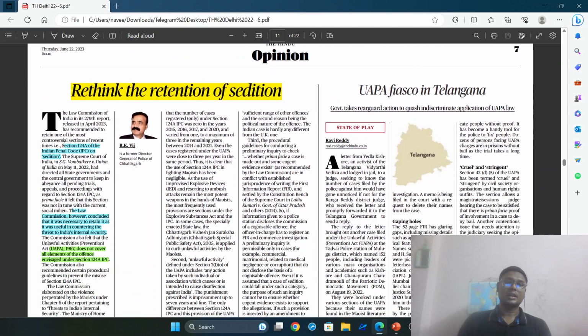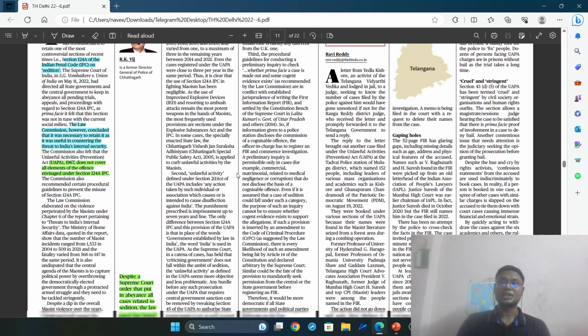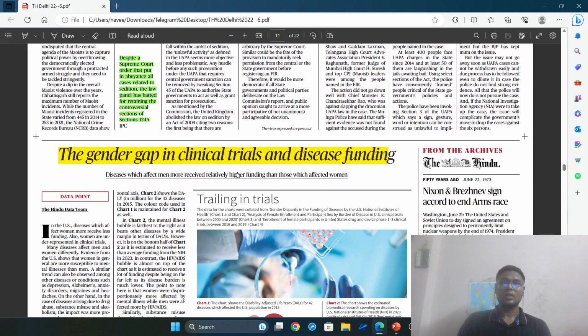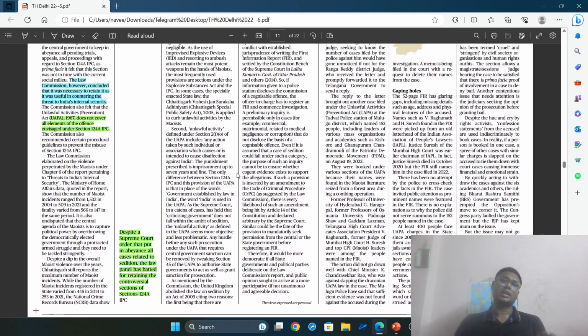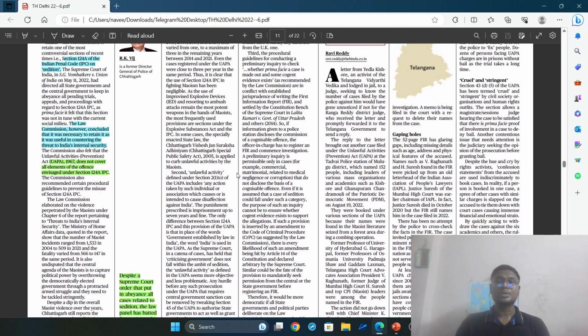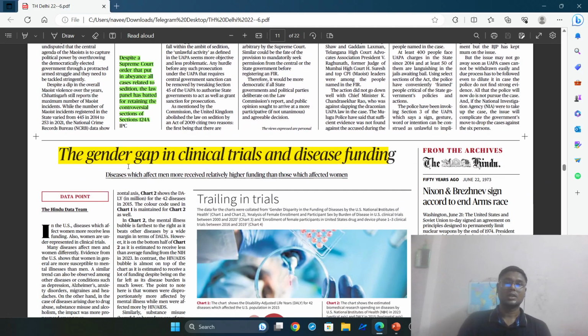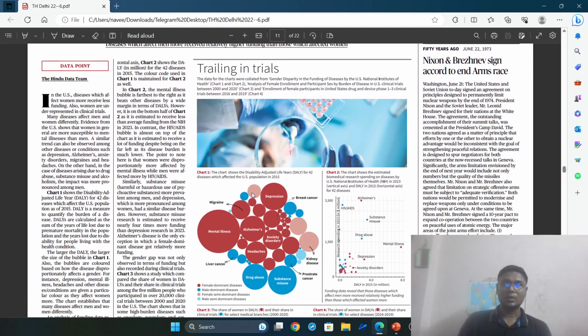And another article is "Rethink the retention of sedition." We have in the IPC Section 124A regarding sedition. We will look into this article regarding the important provisions and important judgments of the Supreme Court. And here is the data fact given